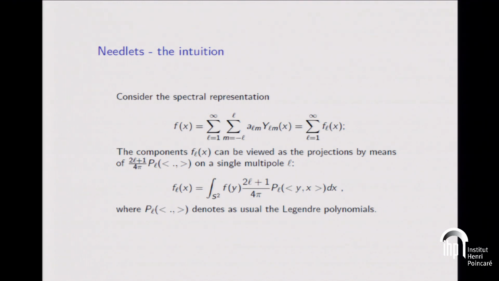Now, this is just a form of Fourier analysis on the sphere. As always, when you do Fourier analysis, what you get is perfect localization in harmonic space and very bad or not at all localization in real space, okay? That's the same as if you do a Fourier transform on the line. In the sphere, it's slightly better, but not so much better. So it's perfect localization. This component lives on a single multipole, so on a single scale, on a single frequency,